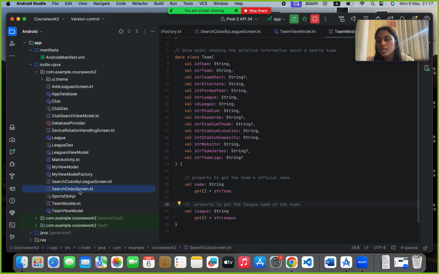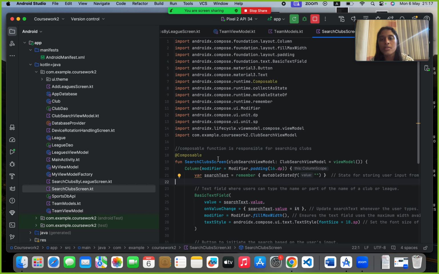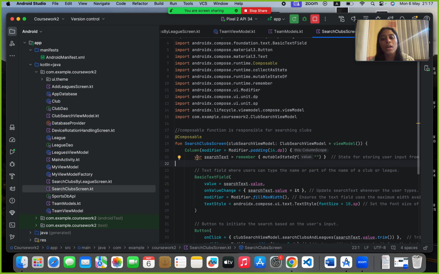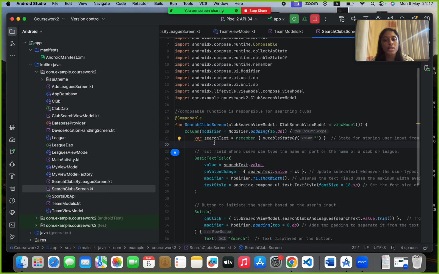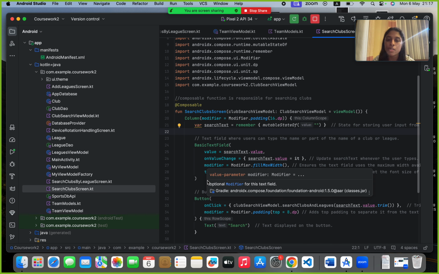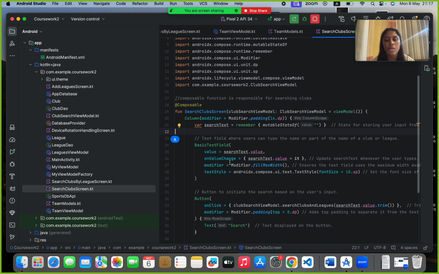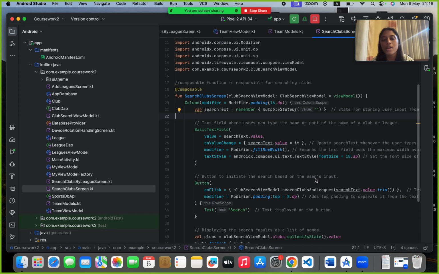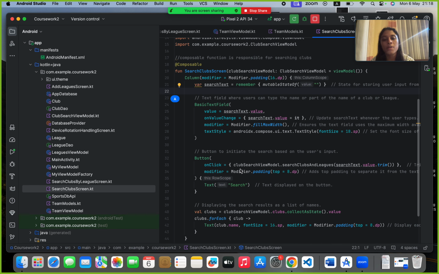And next go to my search club screen class, search club screen file, and these are all my imports. And this is a composable function that I have made for searching clubs from the database. And this is search content, search text. There's going to be a basic text field, and with this on value change it will update every time the user inputs the text, and the modifier will make sure that this text field gets the maximum width within the container. And it has also set the font size,